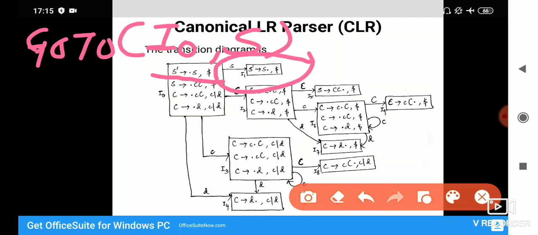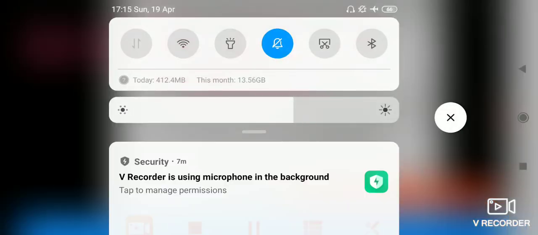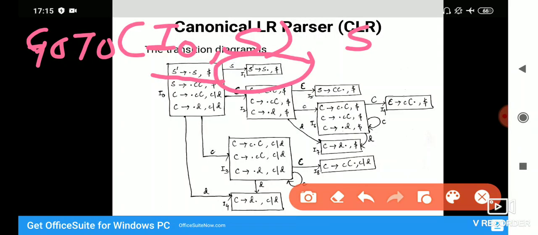We got S dash to S dot, this dot will be moved this side.